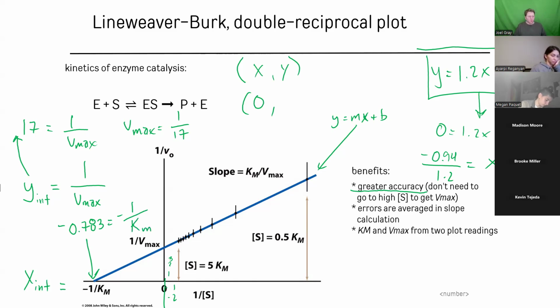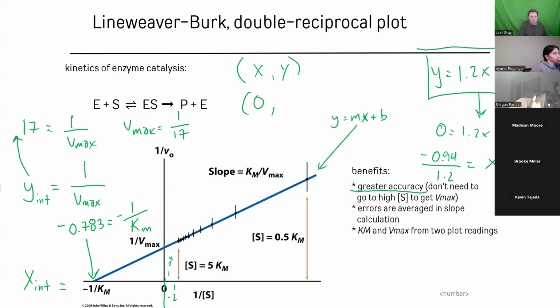The value that I solve for my Km, is it going to be positive or negative? It's going to be positive. You're right. I'm going to solve for that just by doing the algebra. The negatives cancel out. 1 over 0.783 gives me my Km. Now, this is a nice little check. If you ever arrive at a problem where you solve for your Km and your Km is negative 0.5, we'll say,